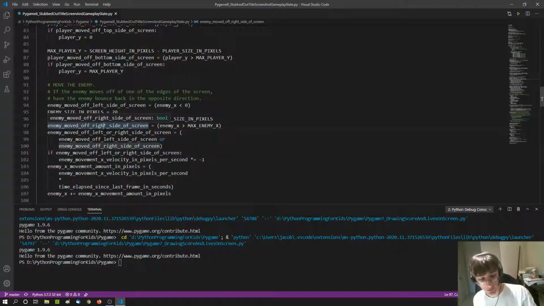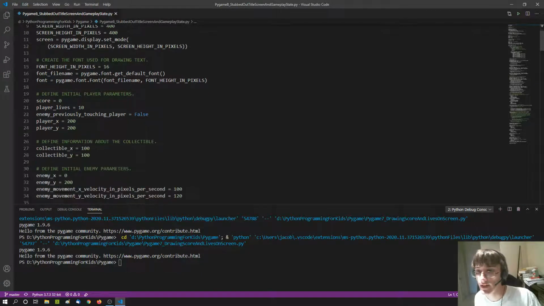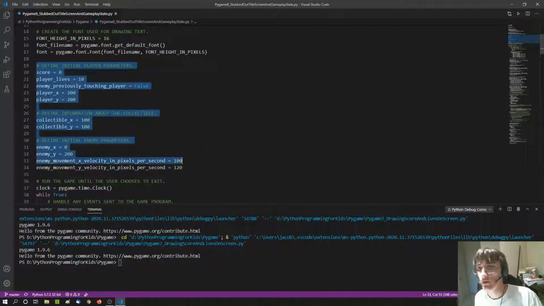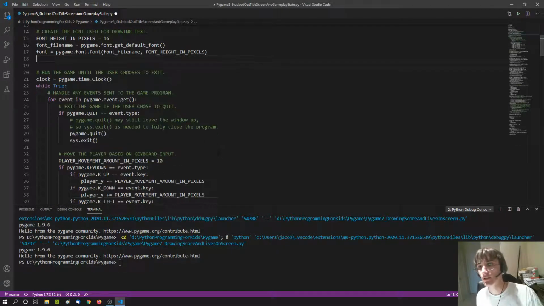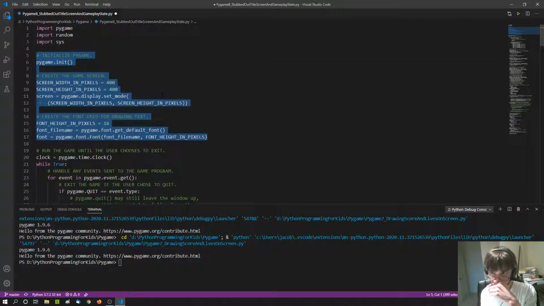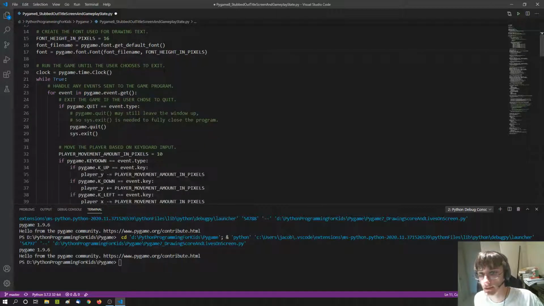So now I want to go through and remove all of the code to start that I don't really care about for the purposes of what we're doing today. So I'll start off by saying I don't really care too much about all of this initial data about the player, or collectible, or enemies, so I'm going to delete those. We're still going to want to keep all of this initialization stuff here at the top. And then probably want to keep the quitting logic here, but